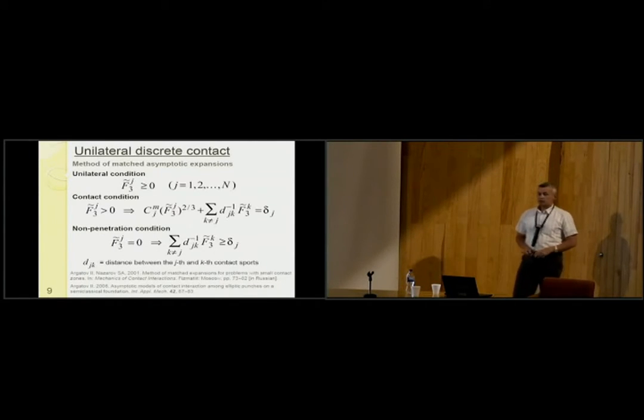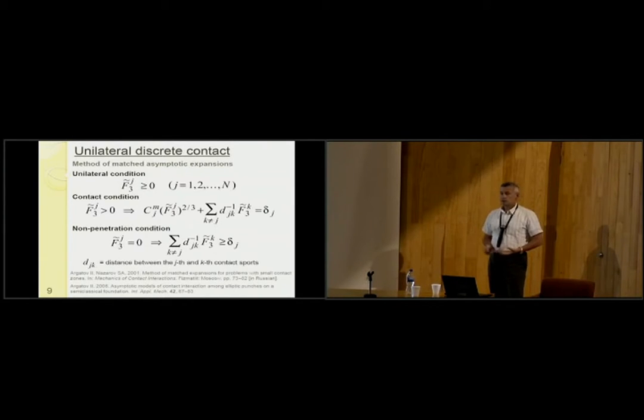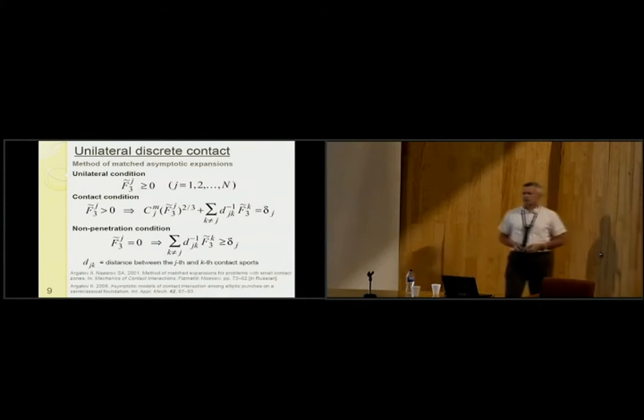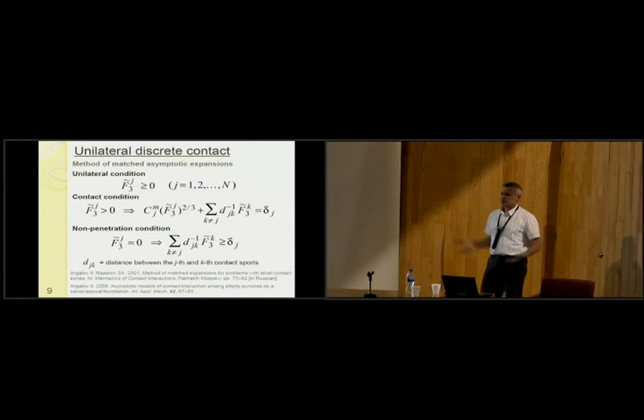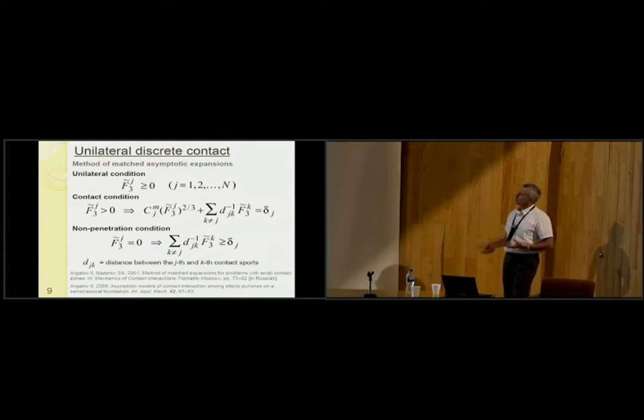In order to describe this, new approaches should be developed, and this approach is based on the method of matched asymptotic expansions. I personally was introduced into the world of asymptotic methods by my teacher, Professor Nazarov, and since then I use the method of matched asymptotic expansions for different problems because this method